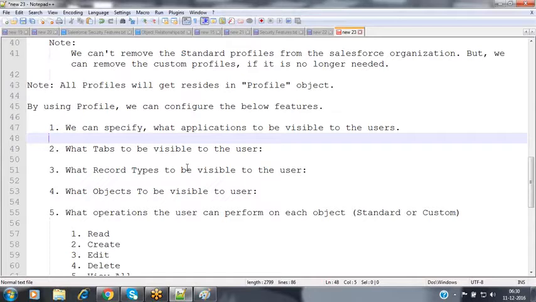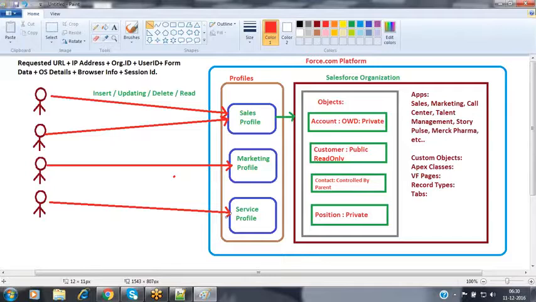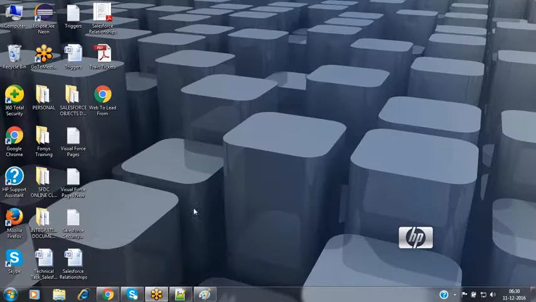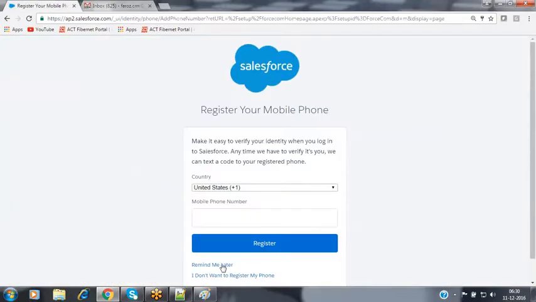All these permissions we can collect together as a single component called a profile, and these permissions we can assign to one or more users inside the organization. Now in this kind of scenario, how can we grant the visibility on my applications? Let's see practically. For example, inside my organization, I have some set of users. As already we have some users inside your organization.